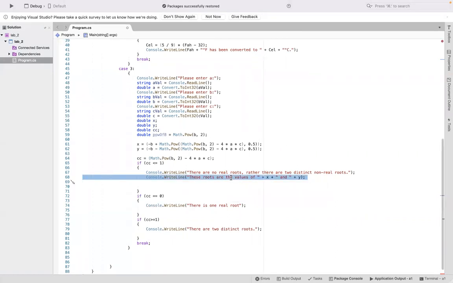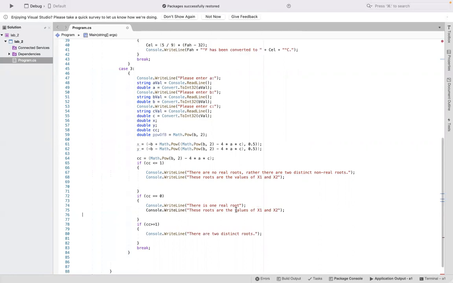Honestly, I'm just thinking about writing a console write line and just replacing these with X1. Yep, I agree with you. Just put a comment over there saying that in the question it's not that clear. On line 68, just write a comment saying that X1 represents the value of X. What else should we put in there? Just to say that, like,